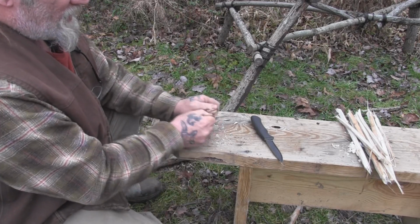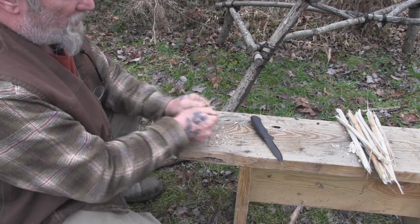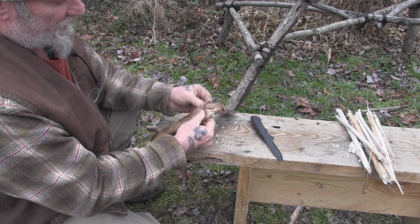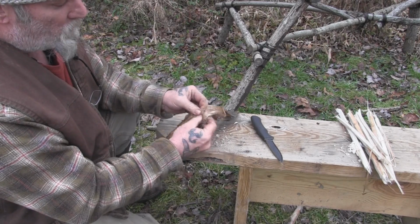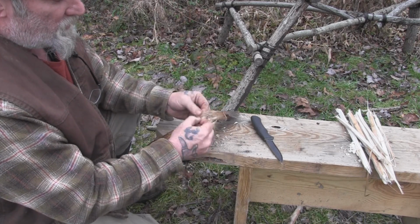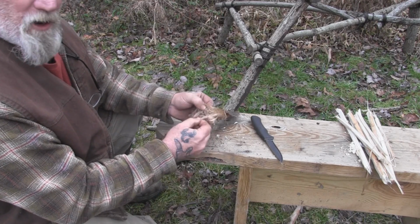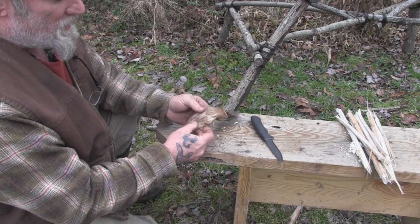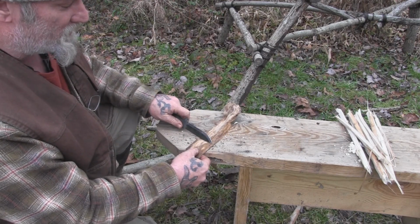And I can just wring it like I'm wringing out a rag, just like this, and that will knock all the outer bark off and expose all of those inner fine fibers. And those fine fibers are what I'm going to want to use for my tinder bundle or my bird's nest, depending on my combustion method. But as far as my knife goes, I don't have to use my knife too much to process this unless